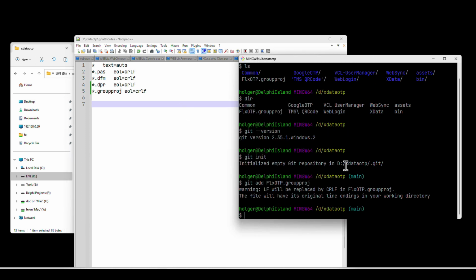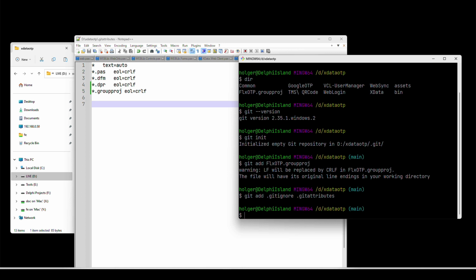We need to add those files to our repository. So once again, git add .gitignore, and we can add multiple, git attributes. Obviously, you can use wildcards and everything. You can also do git add dot. But the key is here, before you do that, be sure that you have your git ignore and git attributes in there, because it adds everything that is in all the subfolders. And if you have binary files in there, those would be added as well if Git isn't aware of your git ignore file.